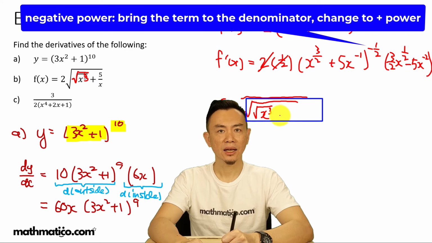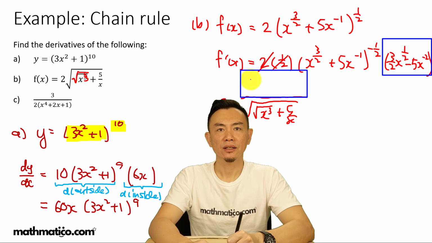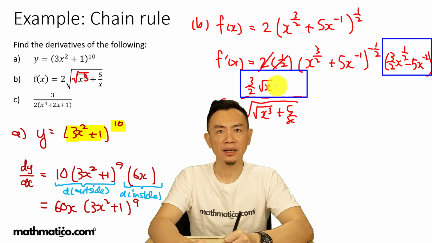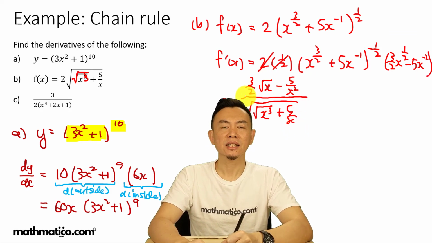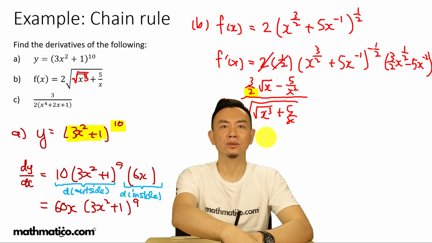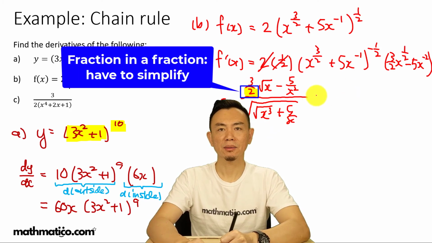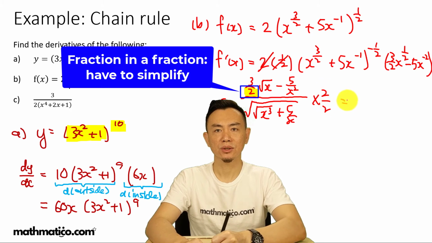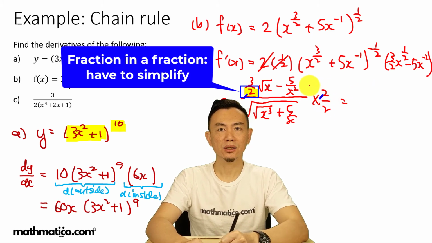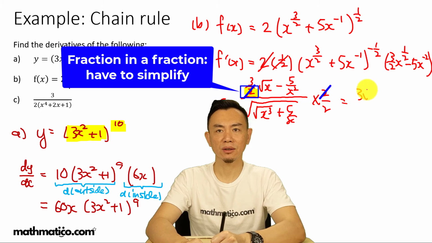Square root, and then plus 5 over x. Then we have 3 over 2 square root x minus 5 over x squared. Okay, now this is kind of complicated. Normally I wouldn't like to leave this denominator 2 here. I'll multiply throughout by 2, so you get times 2 over 2. This 2 will cancel with this 2, right? So you have 3 square root x minus 2 times 5 is 10